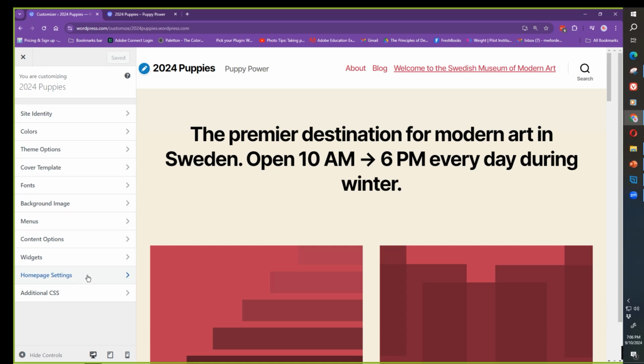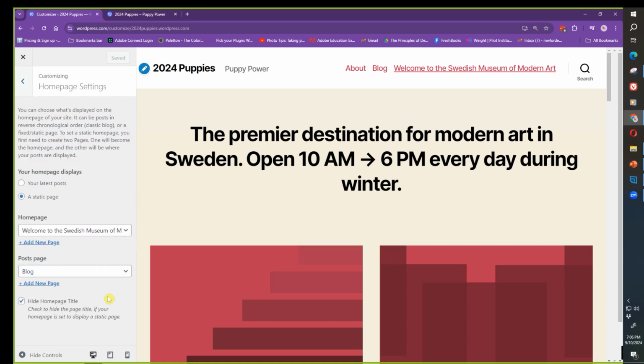Okay, so we're going to go to home page settings. And I would like to say WordPress started out as a blogging platform. Because it started out as a blogging platform, most themes that are created create your homepage as your blog homepage. Most people want to have a static homepage. And so this actually has it set up as a static homepage. So, welcome Swiss Museum, and I think that's okay, but I think I'm going to change mine to